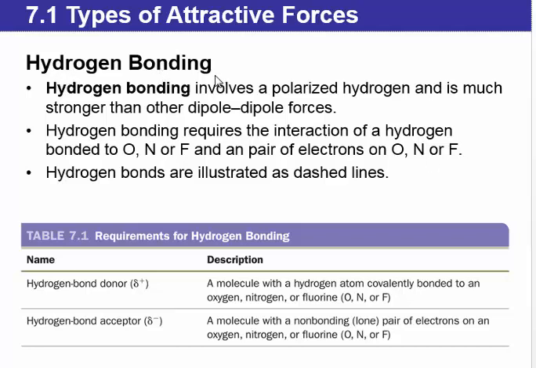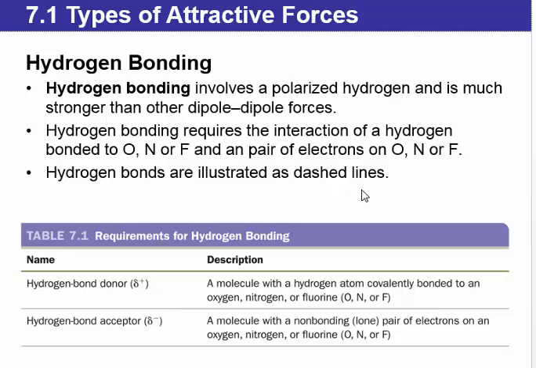Hydrogen bonding is the strongest type of intermolecular force, and it is also the most selective. For hydrogen bonding to occur, hydrogen must be covalently bonded to oxygen, nitrogen, or fluorine. And that hydrogen will interact with a pair of electrons on oxygen, nitrogen, or fluorine. Hydrogen bonds, like intermolecular bonds in general, are illustrated as dashed lines as opposed to the solid lines we use